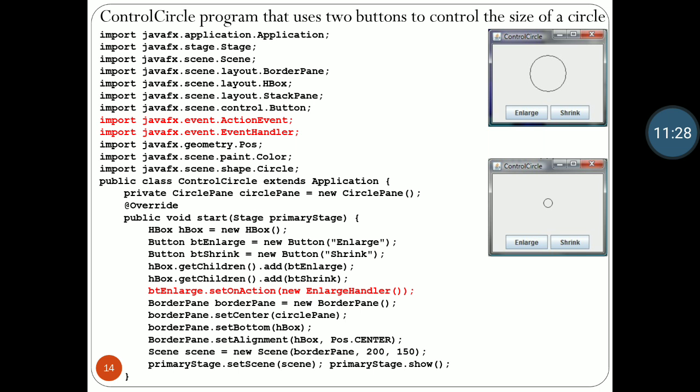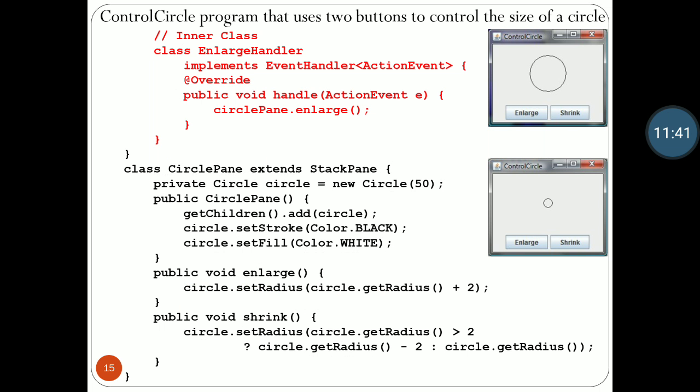So we have to take two classes, first the event action event class and the event event handler class, and then on the buttons enlarge and shrink we have to apply properties. So you can perform this program with this code.